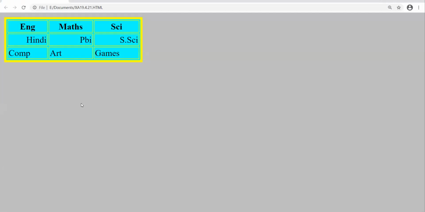Have you noticed the difference between BG color of table tag and BG color attribute of body tag? Third concept.